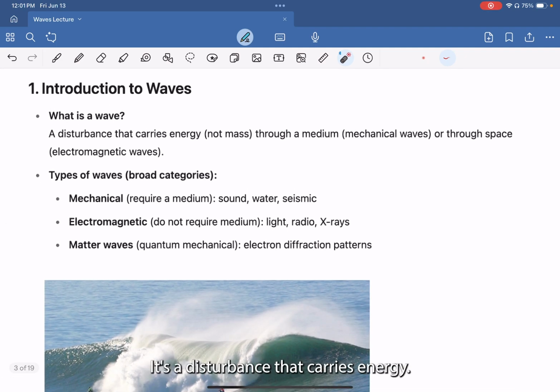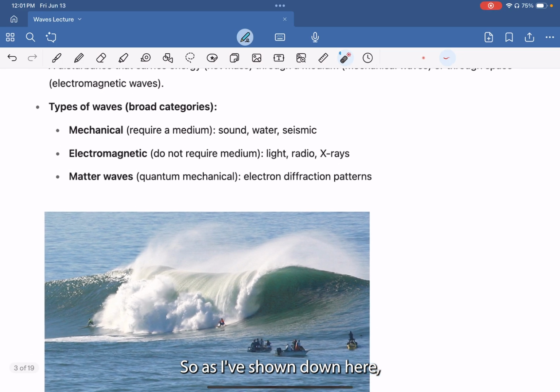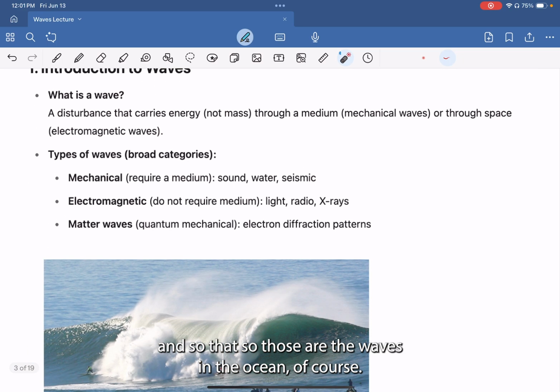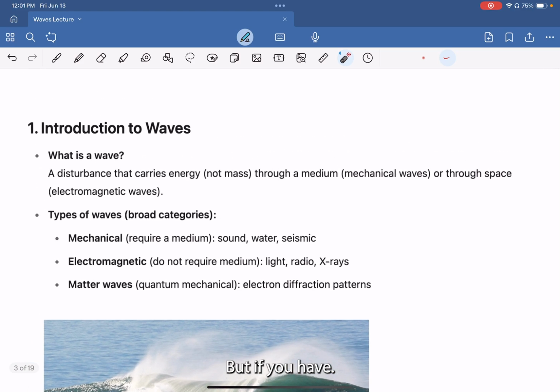It's a disturbance that carries energy. So energy moves out through a medium, but the mass doesn't move out. So the mass or the particle just oscillates in place while energy keeps moving ahead. So as I've shown down here, let's say those are the waves in an ocean, of course. But if you have